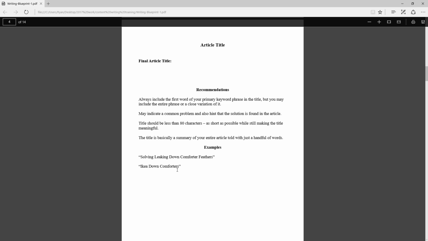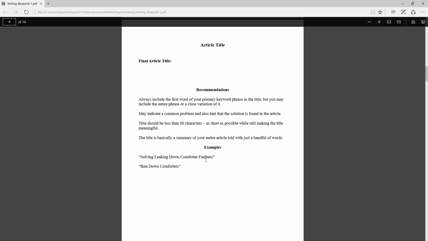I also provide you with a couple of real-life examples, things that I've been demonstrating to you in today's class from my Leaking Down Comforter page and the IKEA Down Comforter page, both of which have had long-term top 10 search rankings. These pages demonstrate what you're trying to go for in general with the writing that you're doing.